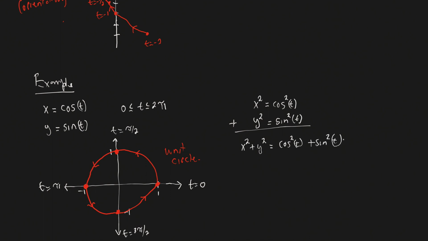And boy, have we seen and used this identity several times, even not too long ago. Cosine squared plus sine squared is always equal to 1. And there you go. We've now taken the parametric equations, we've done a little bit of math magic on it, and now we've come up with this equation for the unit circle that you might remember. So this is now the implicit form. So let me just highlight this. Again, this is the parametric form of our unit circle, and now this is the implicit form